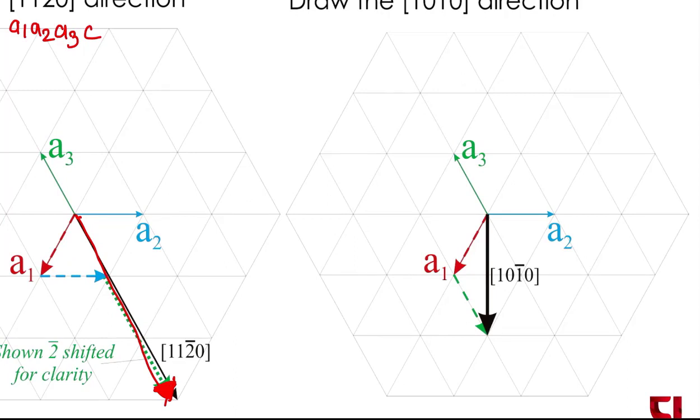Similarly, in the other example, a1 is 1, a2 is 0, a3 is -1 and c is 0. So let's try a1 equal to 1. This is a1, so this is a1 equal to 1. a2 we don't want to move because it is 0. a3 is equal to -1. So this line is a3. We don't have to move that side. We have to move to the opposite side. So we will come here. Then you have to join this point and the origin like this.